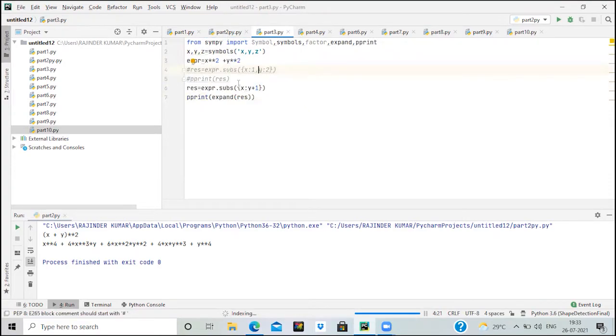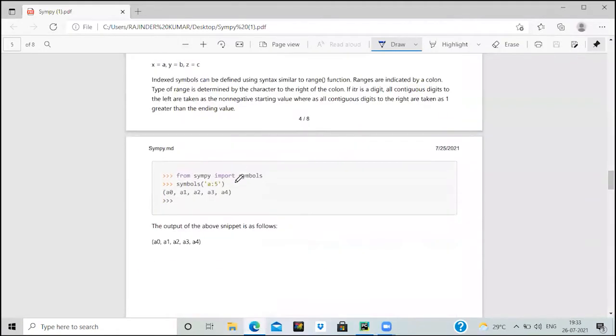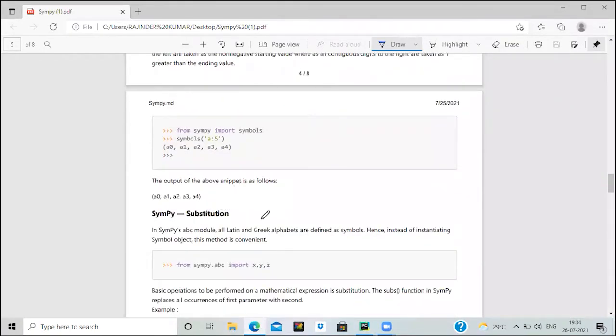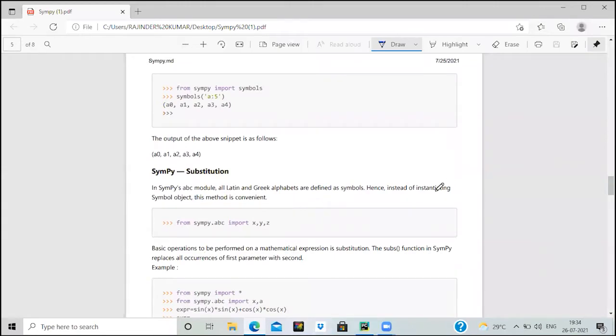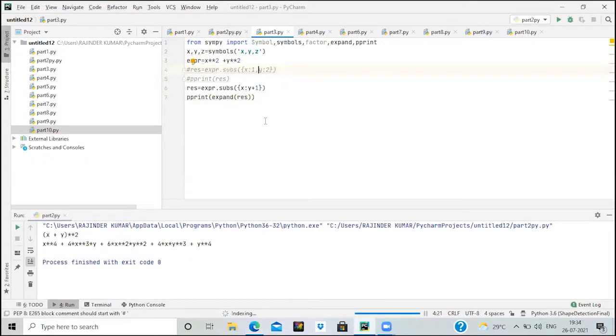Then here we are making use of the substitution function. Let's have a look at the theory part of this. It is used for a symbol object, and this method is very convenient. Here we have defined an expression, and then we are trying to substitute x with the value of y plus 1, and then we are pprinting it.